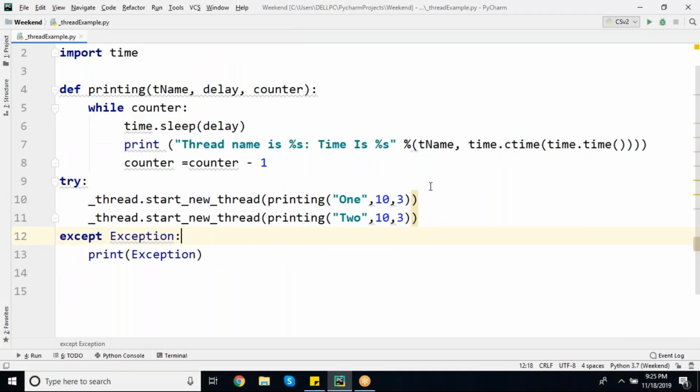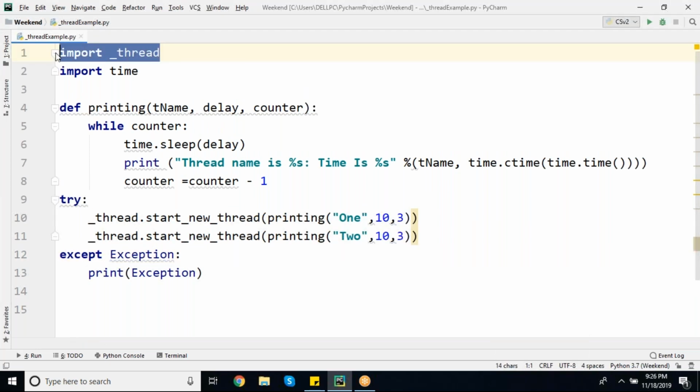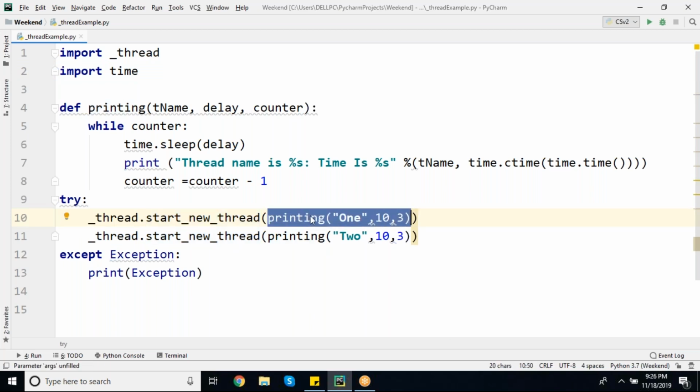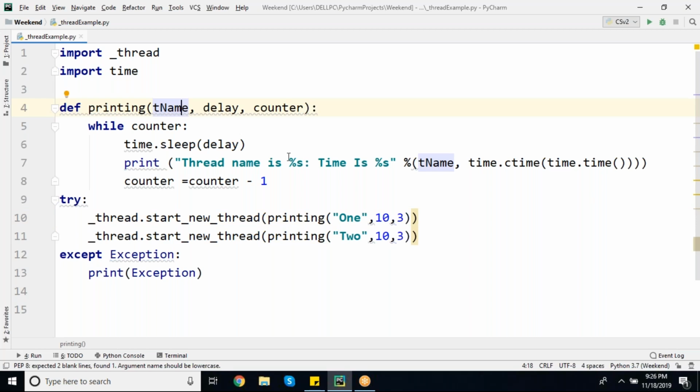See, this underscore thread is simply a waste, as I said. We are importing underscore thread and the time module. Next, we have one function. How that function gets invoked, you can see: underscore thread dot start new thread. That means we are calling this function as a thread, and for that function we are passing thread name, thread delay, and thread counter also.